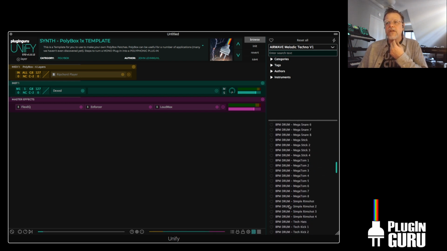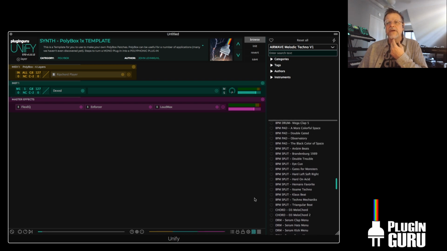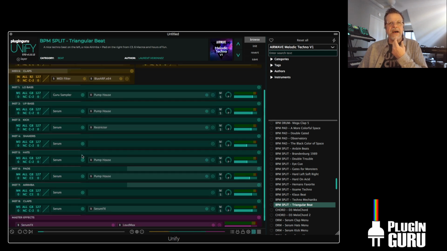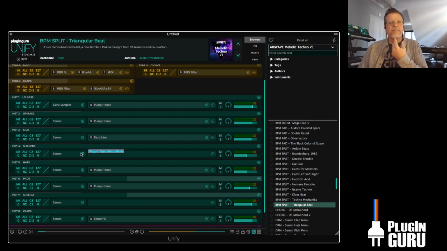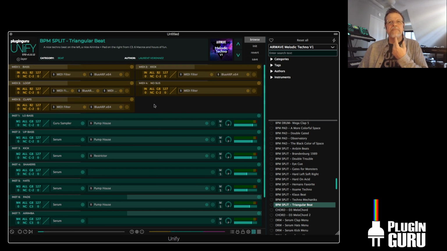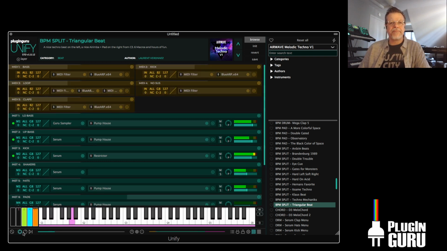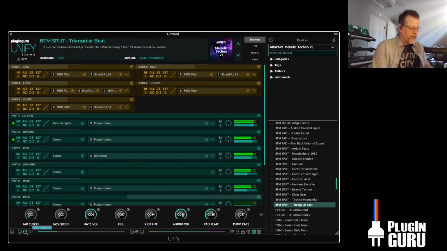However, when you call up one of these, let's go to some of this cool stuff. These splits are so amazingly fun to play with. Click a button, boom, it loads 8 different Serum patches and 5 MIDI effects, and it sounds unbelievable. Serum synthesis is just so pure. This is the closest to purity in software I can think of. And then you have real-time control, so you can